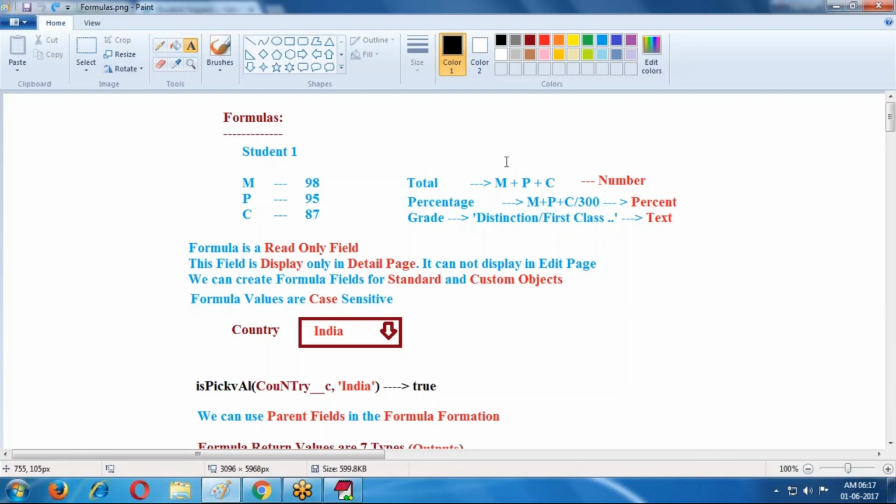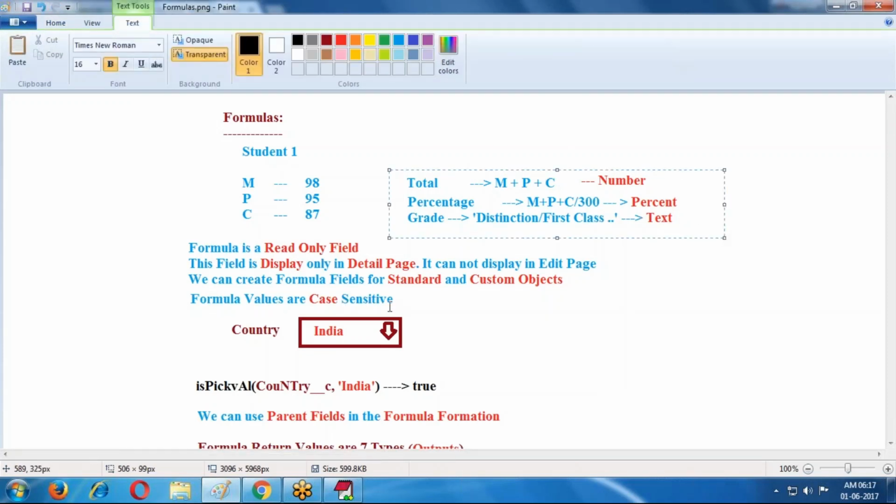If you want to apply some logic on particular fields, then we create formula fields. A formula field is a read only field. Whenever we write the logic, it performs the operation based on that logic and gives the output.